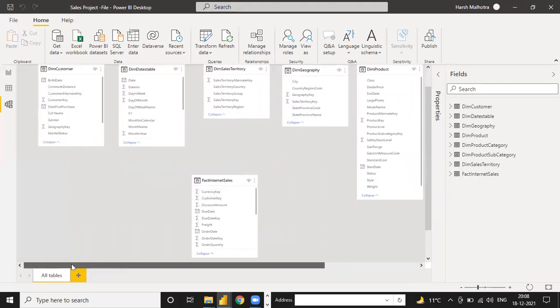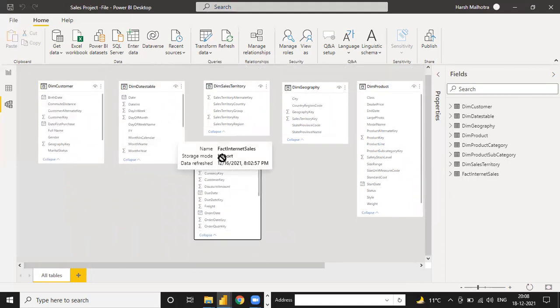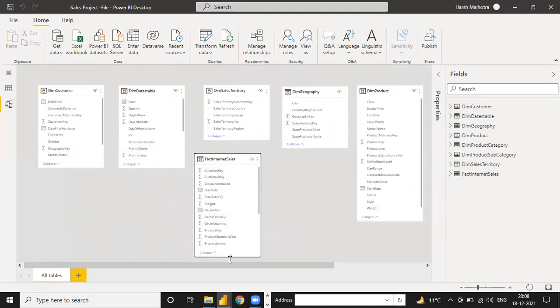Suppose here we have a customer table. In this customer table, we have one common column, and always, guys, you need one common column in your data, then only you can make the relationship. Suppose you don't have that common column in your data, then first you have to make a DAX function or use the query editor to add the same column into the fact table as well, because if the dim table and fact table do not have the same column or the same data type, you cannot make the relationship.